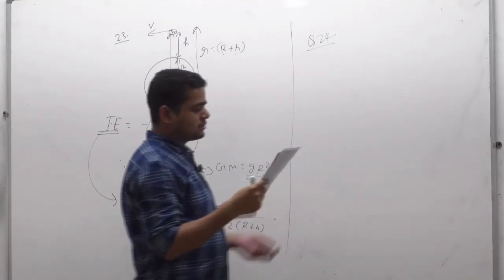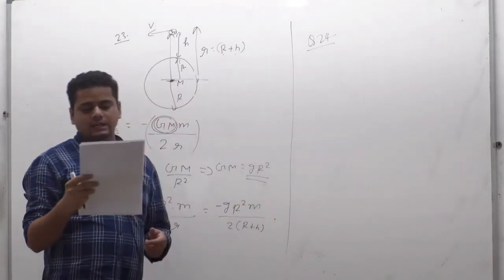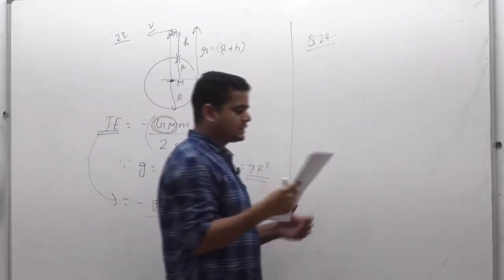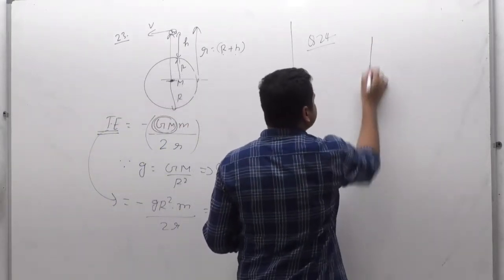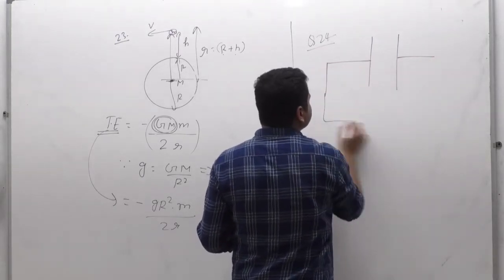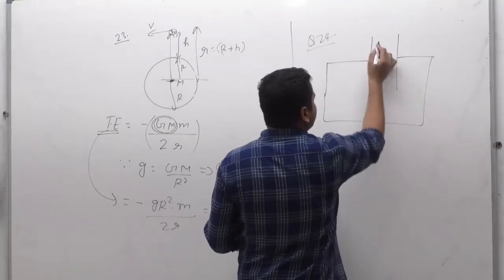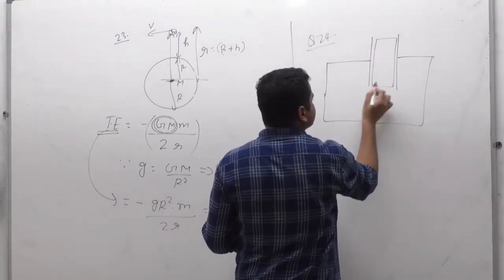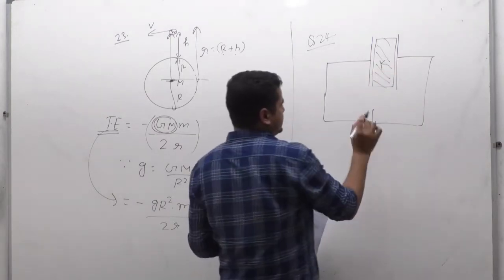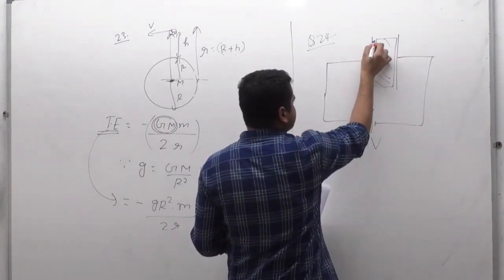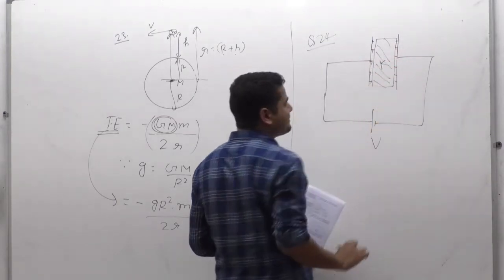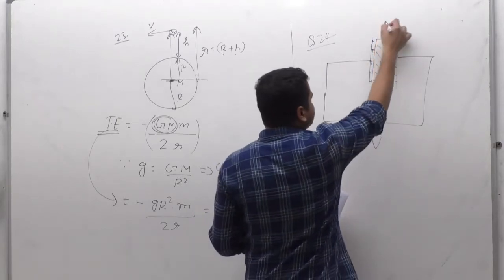In question 24, what they have given to us: a capacitor with dielectric is charged completely and the battery is disconnected. Now the dielectric is pulled out. So this is a parallel plate capacitor. Initially it was charged and the dielectric is filled like this, dielectric constant K. So this is voltage. The capacitor will get fully charged. When it is removed,